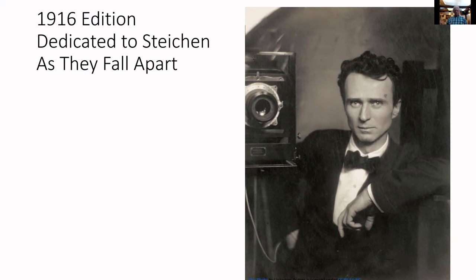Steichen, because of Stieglitz's support, had been able to live in France and had a house outside of Paris. Well, when the Germans invade, they have to flee and leave everything to get away. And they can never get along really after that. They fall apart in 1916, 1917. But the final, the 1916 edition that Stieglitz puts together is actually dedicated entirely to Steichen's work. It's sort of a thank you and a goodbye at the same time. It's really quite bittersweet, but I guess that happens with friends.